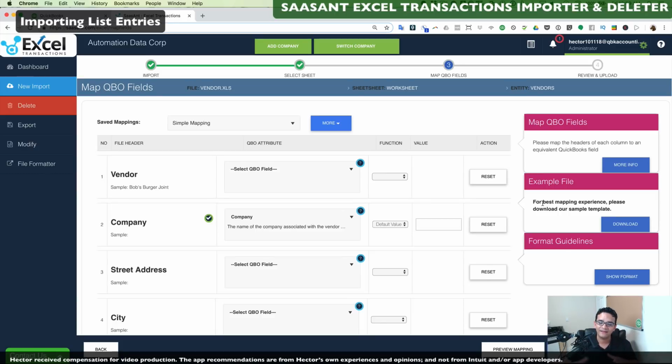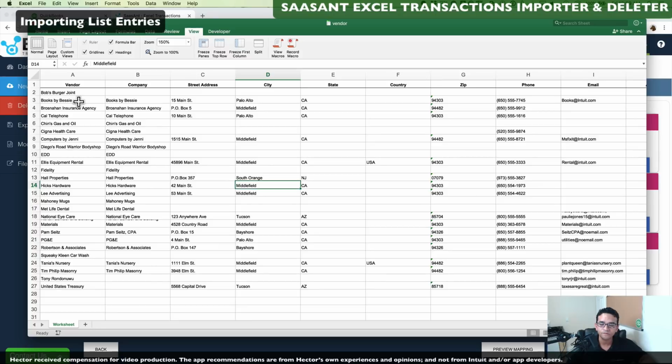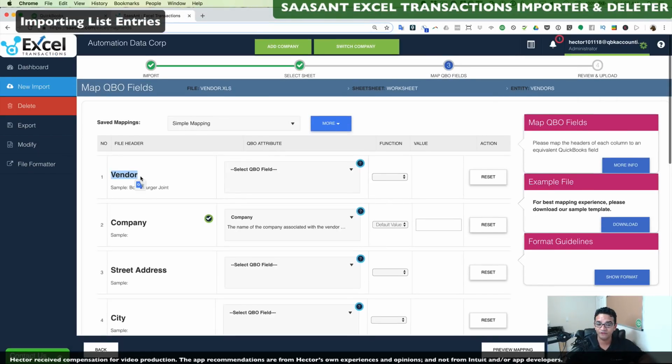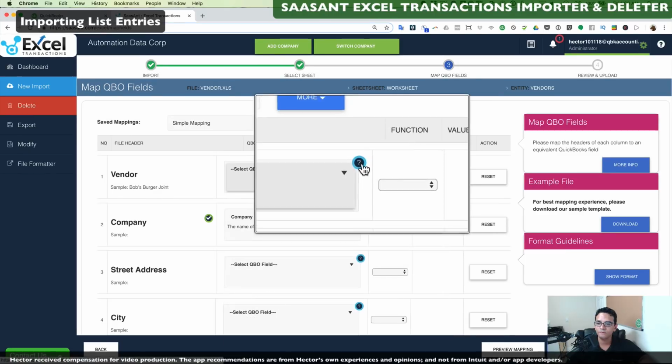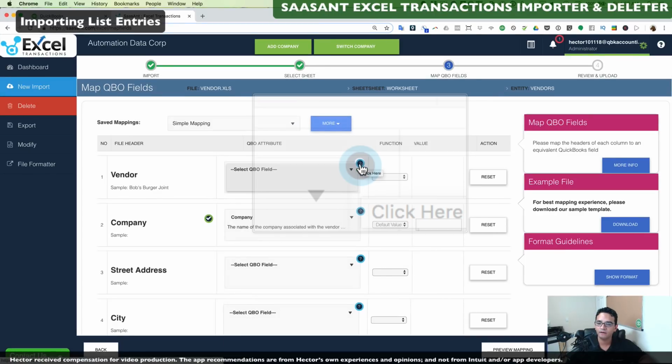Mapping means we take the data that's on the spreadsheet and we match the header names to our QuickBooks fields. So in this particular case, we have a header name called vendor, header name called company, header name called street address. We now have to tell QuickBooks what fields inside QuickBooks this data represents. Under the first header called vendor, we have to now tell QuickBooks where this data is going to be imported to. You can actually click on the question mark to get a sample